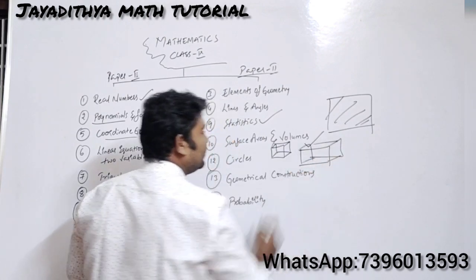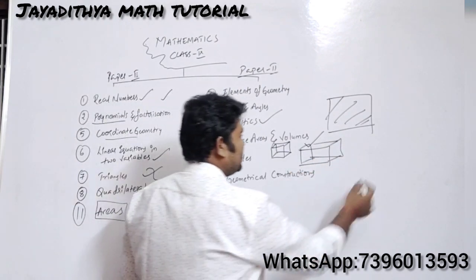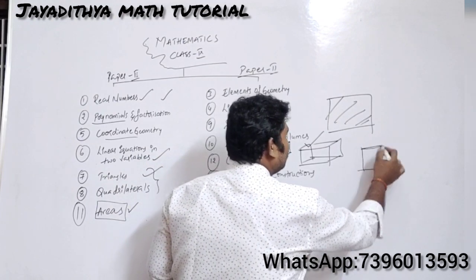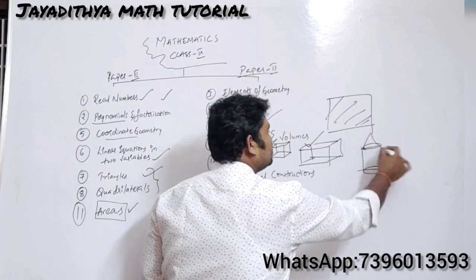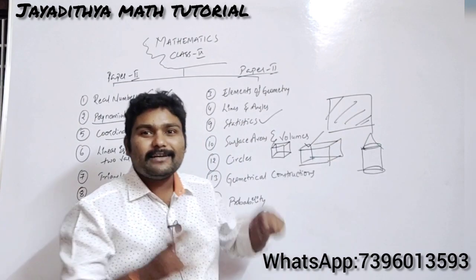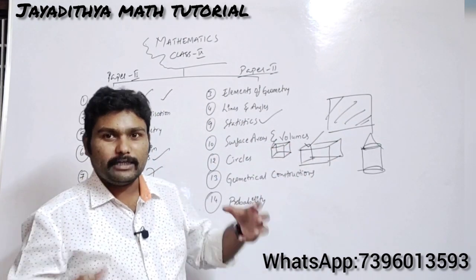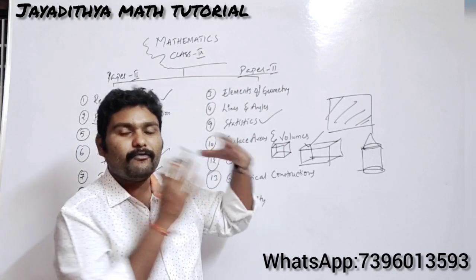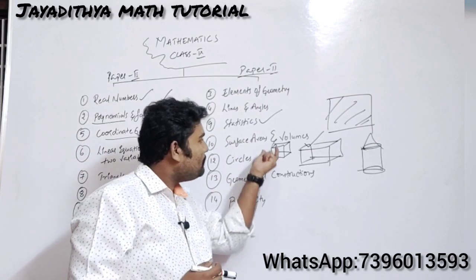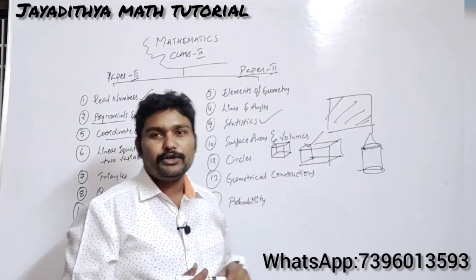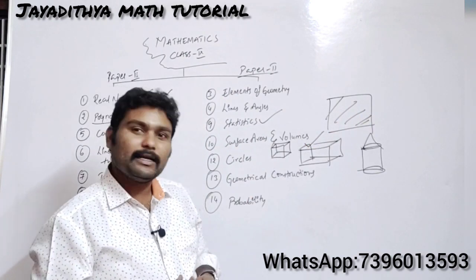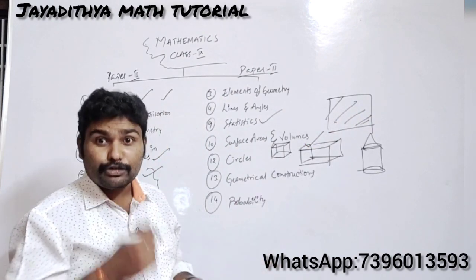But in your 10th standard, for example, there is a cylinder. On this there will be a cone. So here 2 solids will be combined to form a solid. Now 2 different solids will be combined to form one solid there. So if you learn the basics here correctly, then it will be easy for you to crack the questions in your 10th standard. And the mensuration chapter is also very, very important.